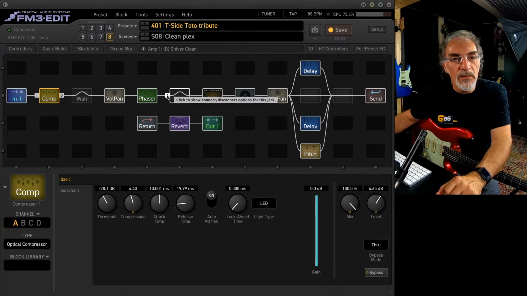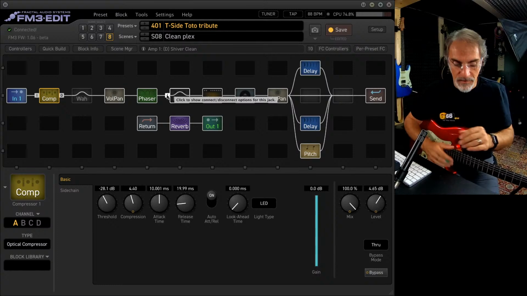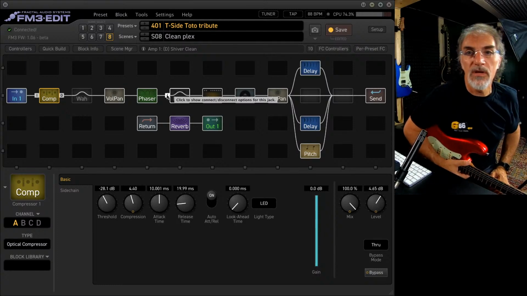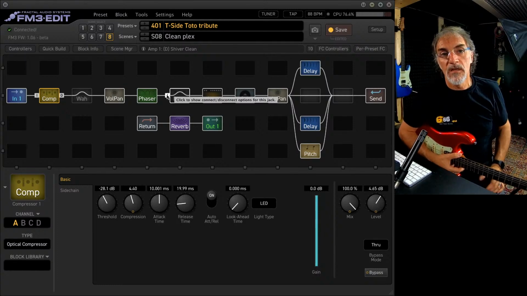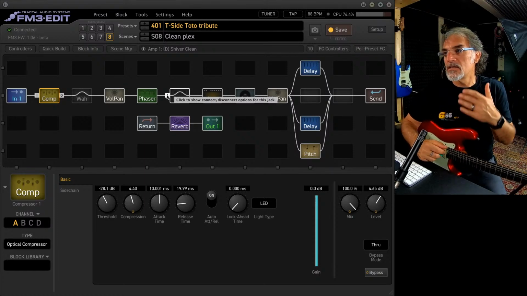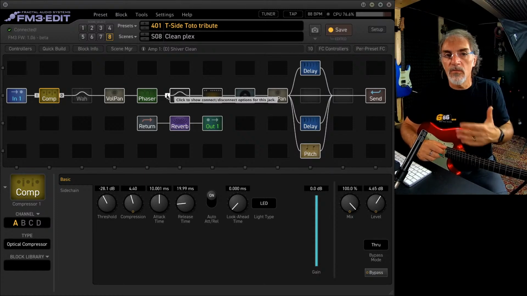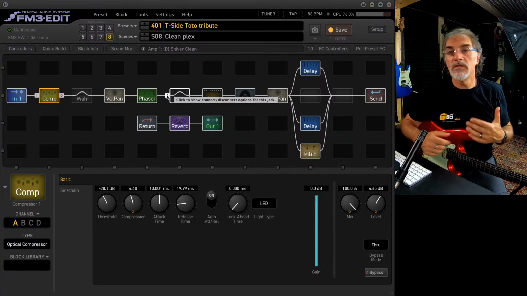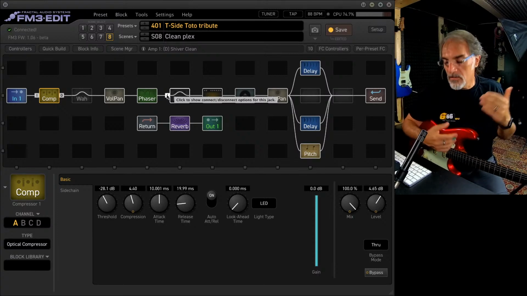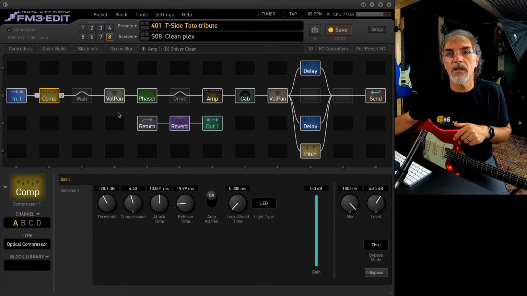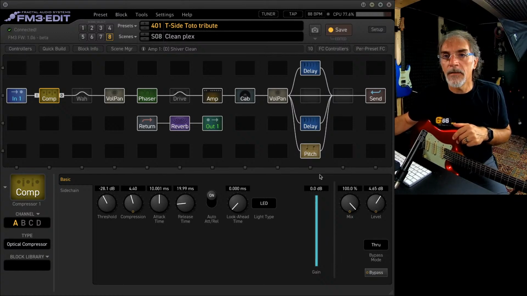Otherwise, you can reach the limit of the CPU very easily. You have to understand very well how to create a very optimized rig. So this is the reason that I suggest you follow my tutorial and inform yourself about the possibilities, and make a lot of tests, a lot of trying, to understand what is the best use of the FM3.